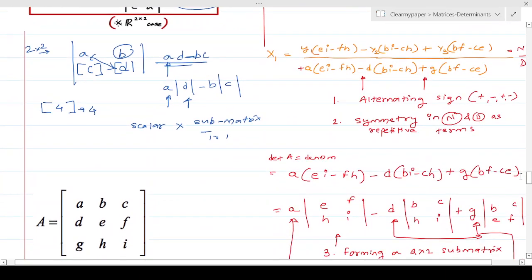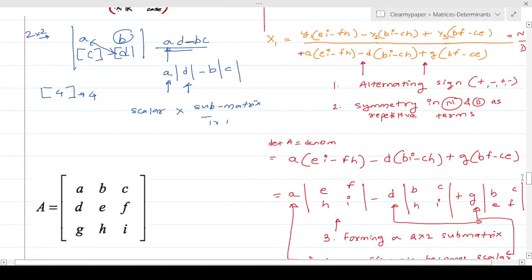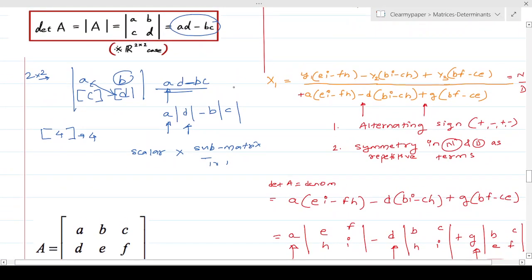Okay. So what is the first thing? What is the first thing we notice? The first thing we notice here, just focus on the denominator for now. If you see the variables outside the brackets, which is a scalar, like how we did it here. So you can think about this as A multiplied by D, something in the brackets or braces. Similarly, we have brackets here and we have something outside the brackets. So whatever we have outside the brackets or braces, you can think of that as a scalar or a number that's multiplying. And the interesting thing, which is the first point, is the algebraic signs, the positive and negative, are